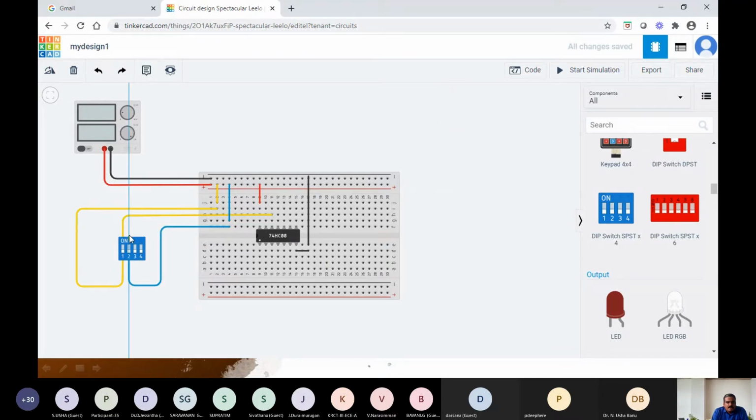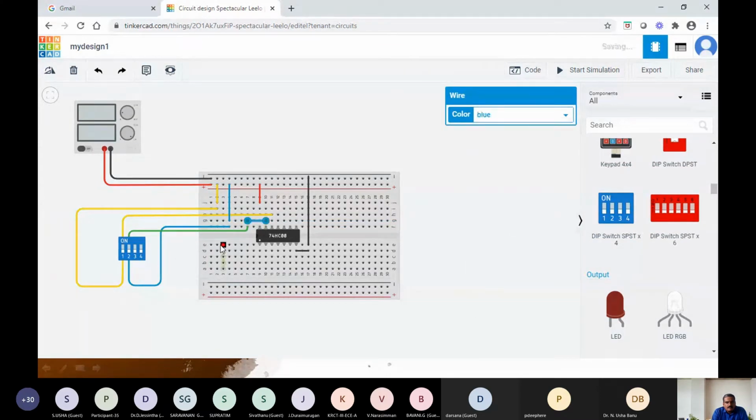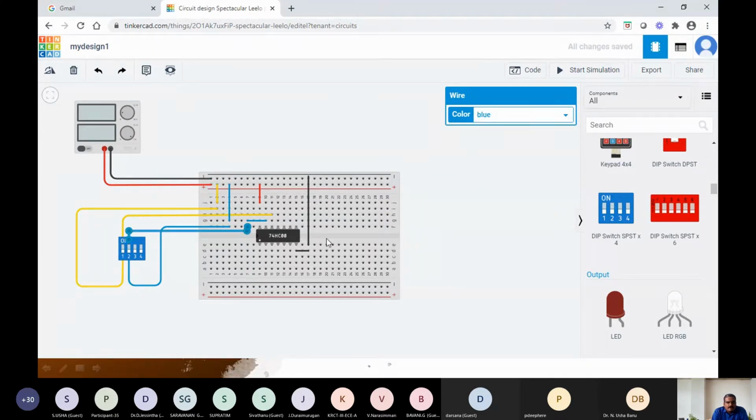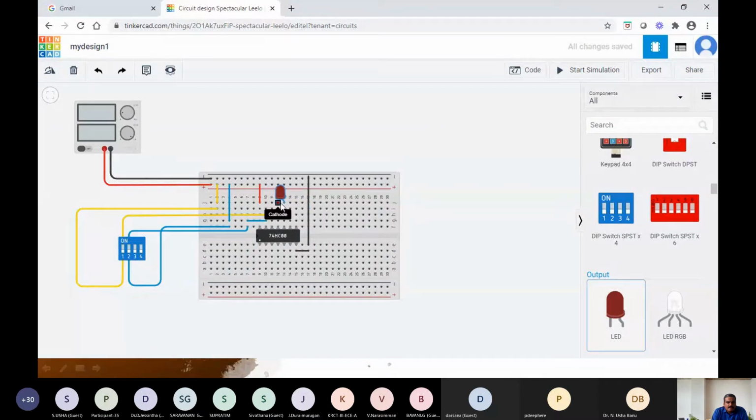So the output of the switch should be connected to pin number 4B, right? So all these will be in blue color. So you can even directly connect it. So for completion of the circuit, I am connecting it like this. So if we have connected 4A and 4B, next what we have to do, we have to connect your LED. So with respect to LEDs, we have two inputs, anode and cathode.